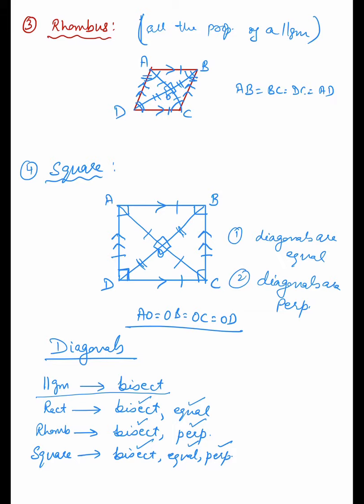Whereas if they ask equal, remember, a parallelogram has minimum number of properties, whereas a square has maximum number of properties in it. So what do we say here? That the diagonals are equal. So immediately you can first write square, because square has maximum number of properties. Then you recall in which other figure the diagonals are equal.